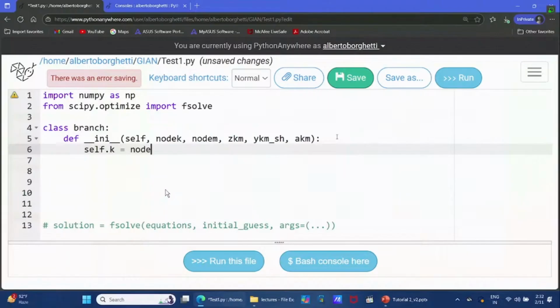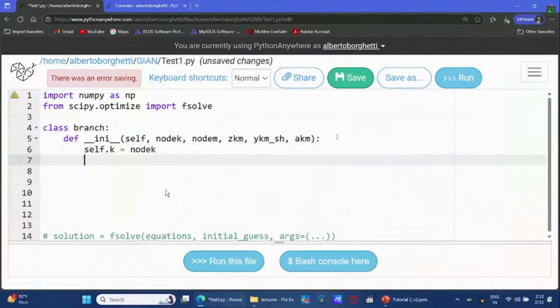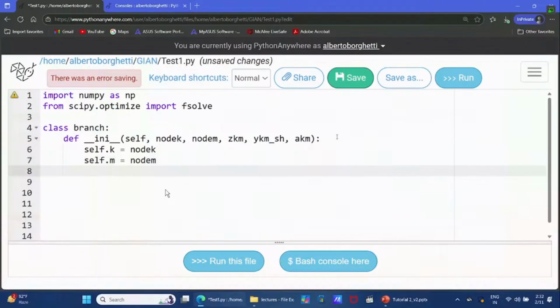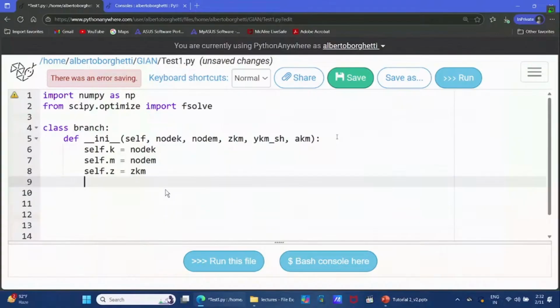So we can have this information also outside the object, and also self.m equal to node m, and then self.z equal to zkm, and then self dot